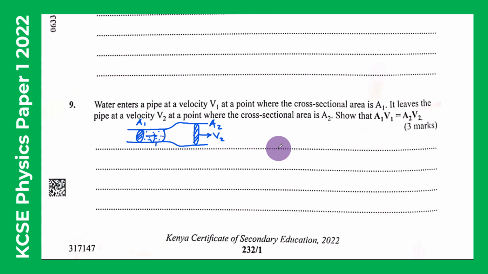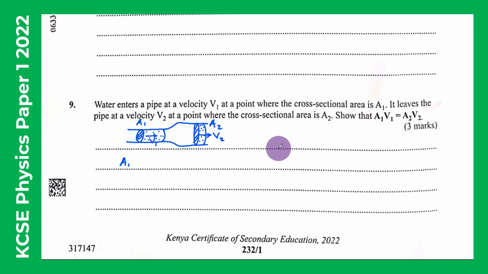And then when it comes to the wider pipe, you'll find that this volume will be here per unit time. So this volume of the water and this volume of the water is the same because this liquid is incompressible. So we are going to say that that volume can be given by the cross-sectional area A1